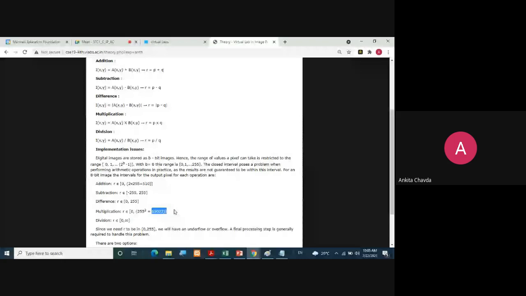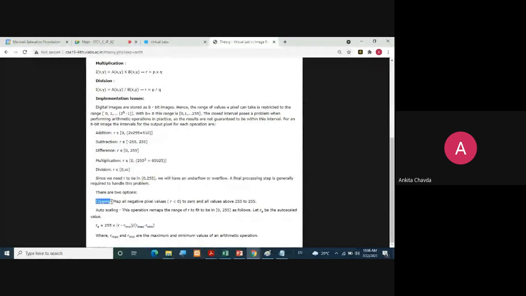And in division, if your other image value is the black intensity, or you can say zero intensity black color, then divide by zero means it would be infinite, right? So either you can have the minimum value 0 or the max value infinite. To solve this, you have just two options.